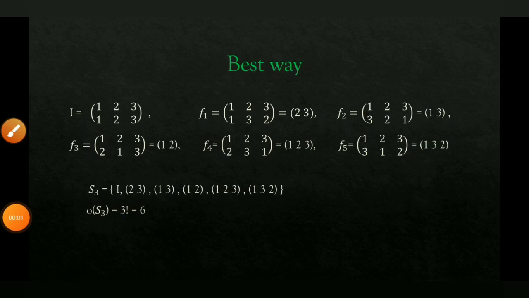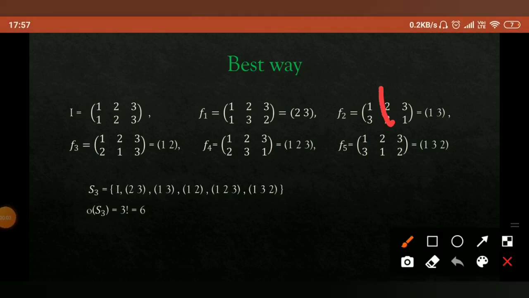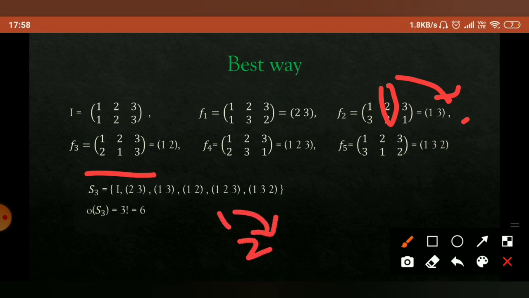In the next case you can see 2 is fixed, so we have not mentioned 2 in the cyclic permutation; only 1 and 3, which are crossing, are written in cyclic form. In the next you can see 3 is fixed, so only 1 and 2: the image of 1 is 2 and the image of 2 is 1, so that completes the cycle. We need to write only 1 and 2.